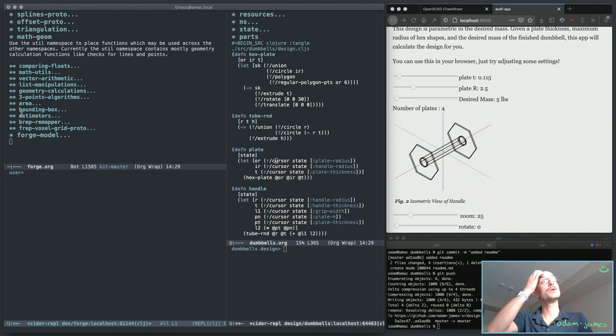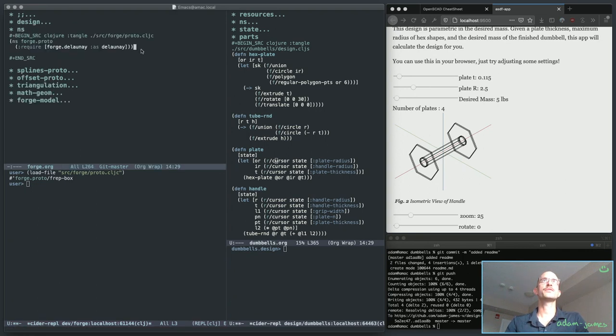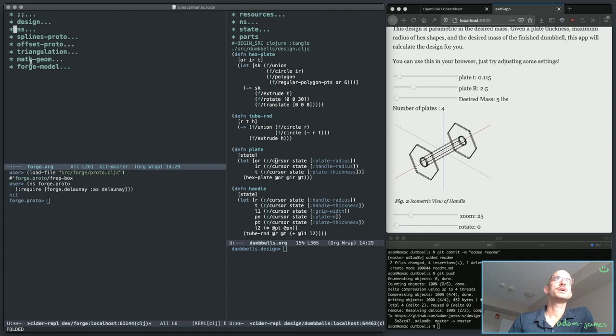Oh, let's do this instead. Right, let's load file forge proto.cljc. Should load things okay. Yep. And let's switch into the namespace and mess around for a minute. Oh, yeah, that's right. And now let's have a little mess around with, if I go into Forge here and have a look at